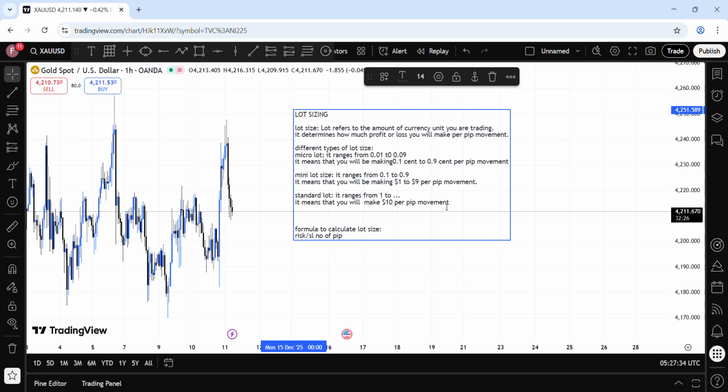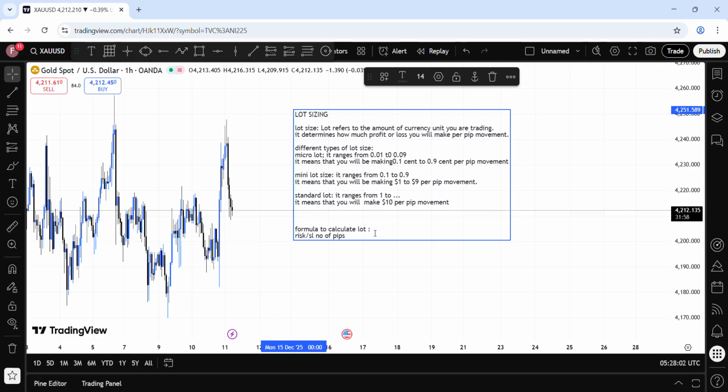You guys know what we mean by our SL, abi? Stop loss means that, okay, I'm going to do a video on placement of trades with Meta 5, so I'm going to explain take profit and SL. But SL is where you set your price that if price gets to this level and I'm on a loss, let price close that trade. You understand? So it is our risk divided by our stop loss number of pips,